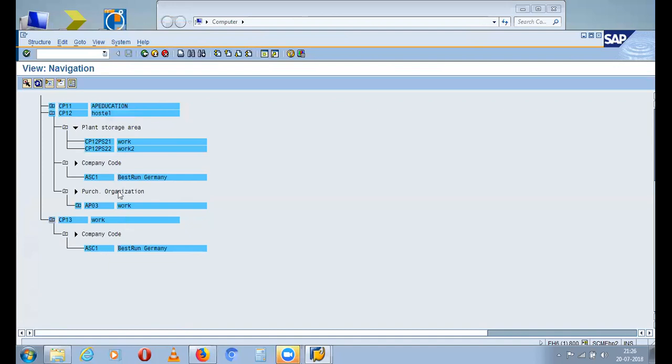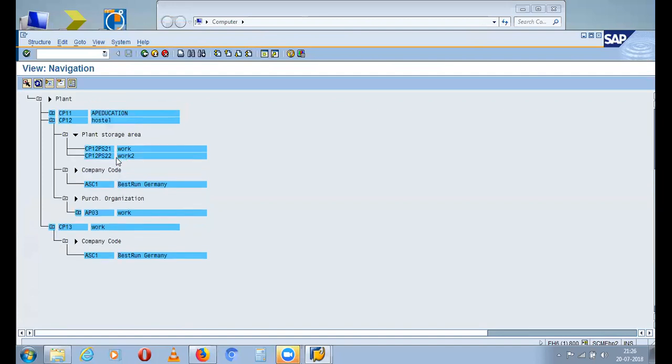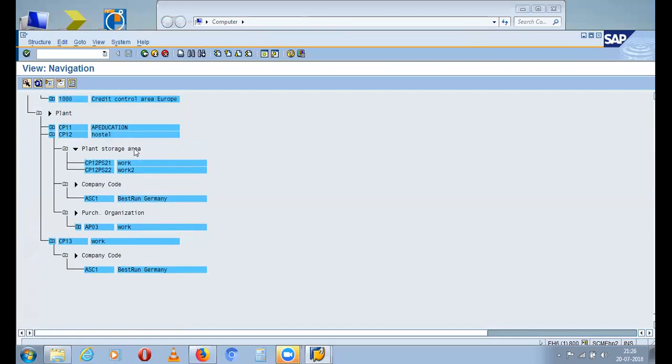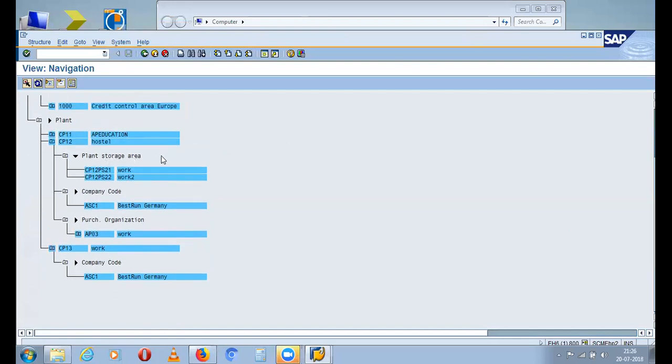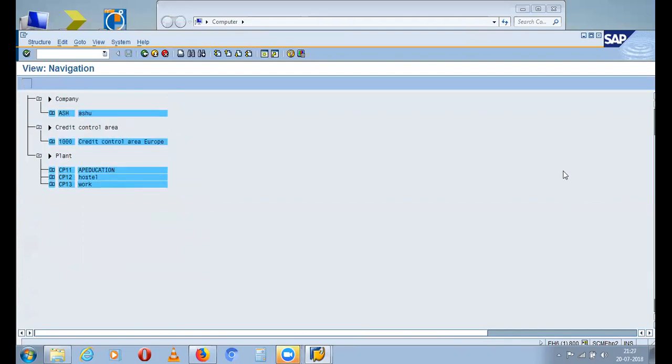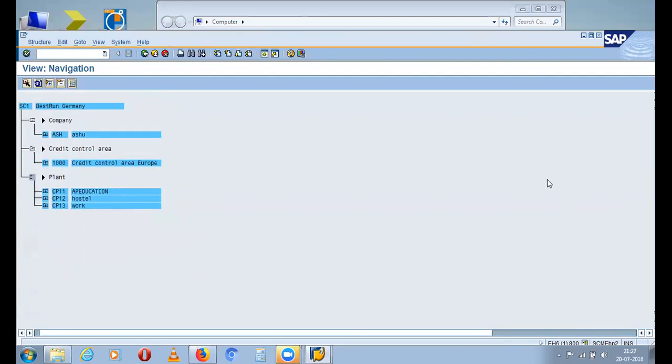Fine. Now scroll up. Click on ASH. Expand ASH. If you scroll up, you have ASH, right?